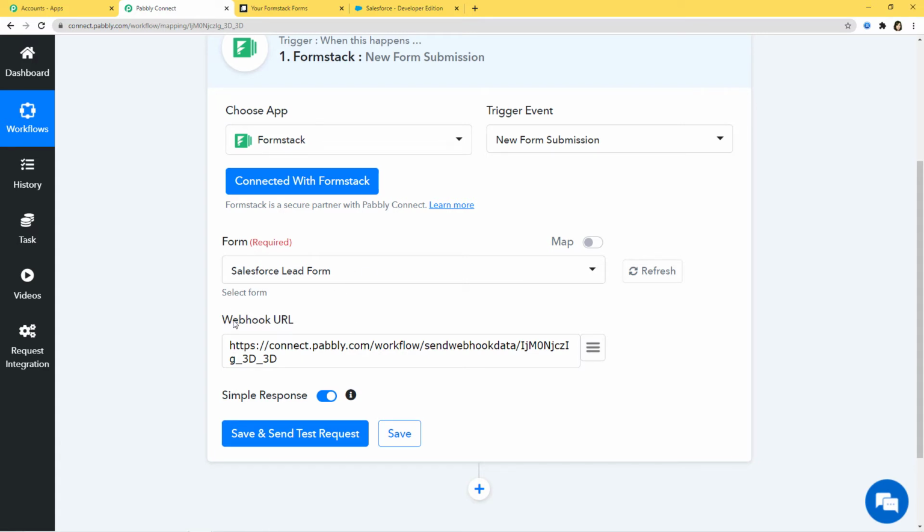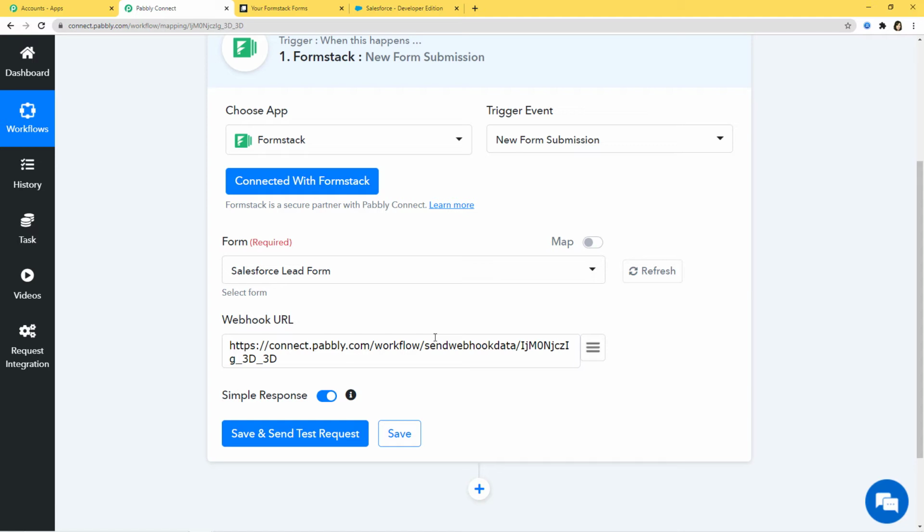Here you can see this term called webhook URL. Now you might ask me, what is this webhook URL and how is it helpful for us? Let me tell you that webhook is an essential way to get data from an external software at Pabbly's end. This webhook URL helps you to build a connection between the trigger software application and Pabbly Connect. Usually, after choosing the app and the trigger event, we copy this webhook URL from here and paste it inside the trigger software application.